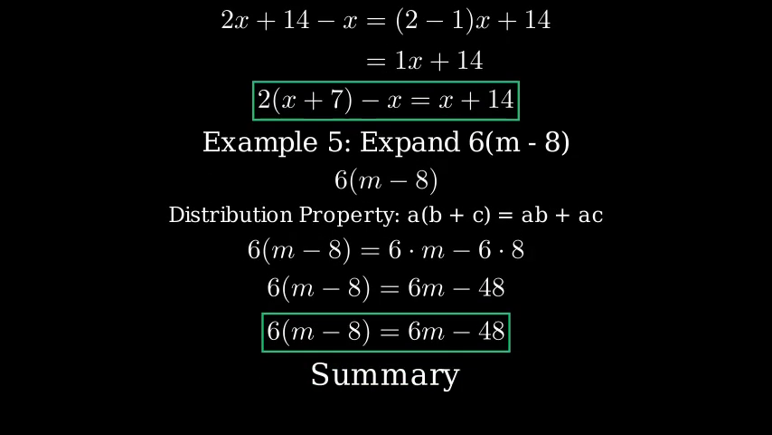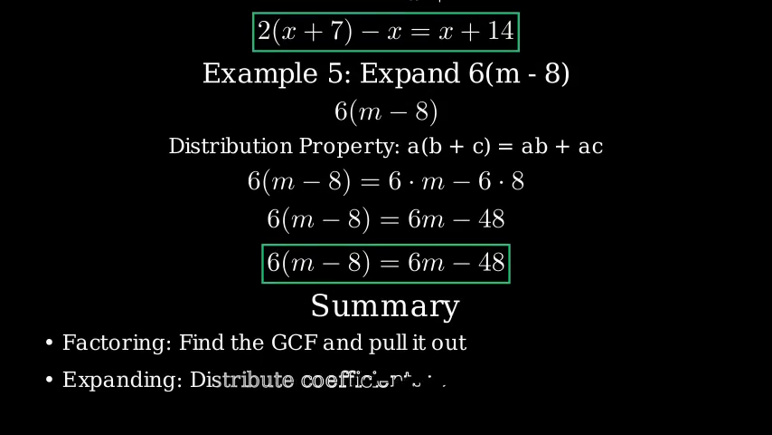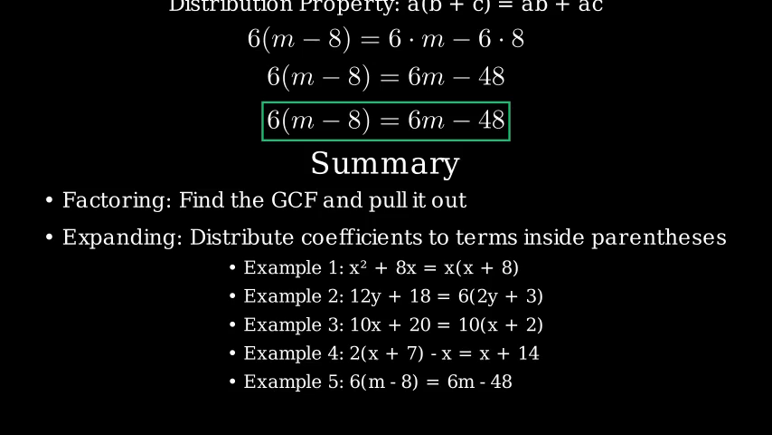Let's summarize what we've learned today. When factoring, we look for the greatest common factor that can be pulled out from each term. When expanding, we distribute coefficients to each term inside parentheses. Our examples demonstrated factoring out a variable, like in x squared plus 8x equals x times (x plus 8); factoring out a number, like in 12y plus 18 equals 6 times (2y plus 3); expanding expressions by distributing coefficients;